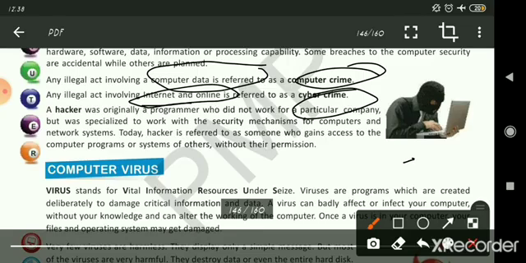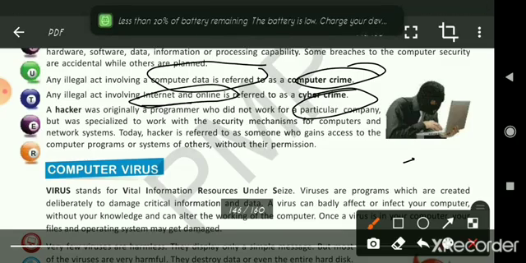But if anyone is taking your data with the help of internet and online, means copying your data, hacking your computer, or stealing your information and data through online, then it is called cyber crime.